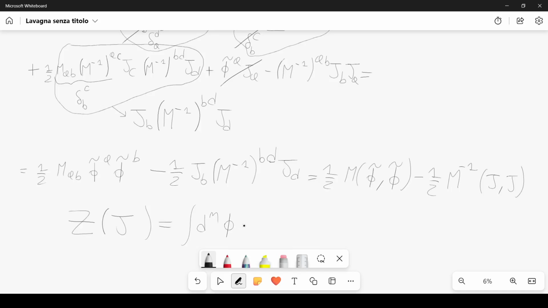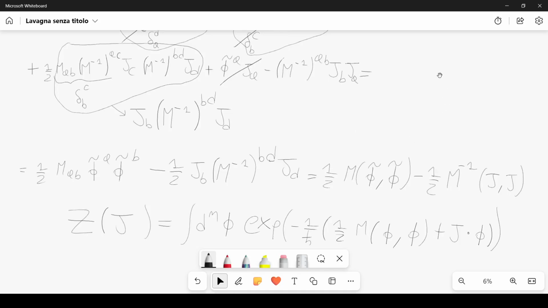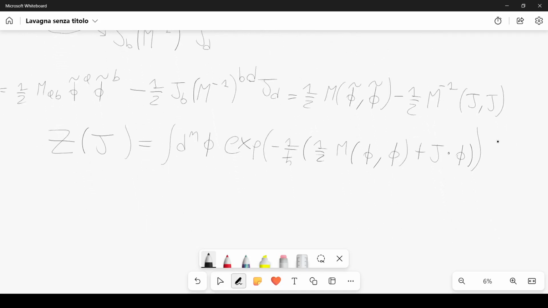And therefore the partition function, which contains J, can be written as the integral over, in general we have d^N phi, and then we have the exponential of minus 1 over h bar, 1/2 M phi plus J dot phi, like this. And now using the result that we got here, you can see that the Gaussian integral can be written in a simpler form, because we get rid of this linear term in phi thanks to the substitution that we used, and therefore we can rewrite this as,